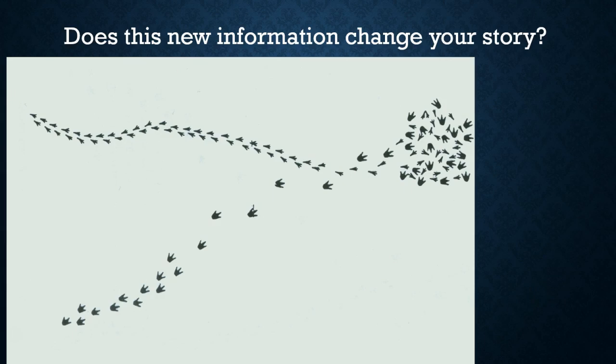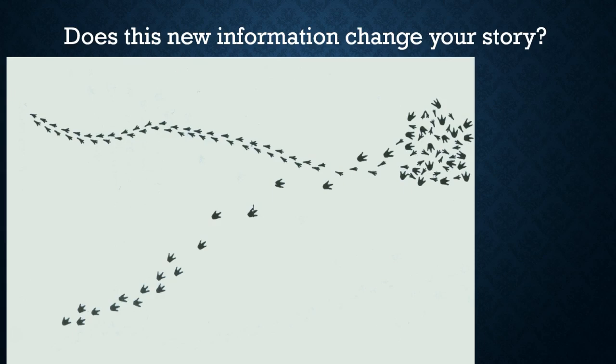Well, if we increase the amount of information we have, does the new information now change our story? Look at the way the picture has changed, and it looks like all of these tracks converge in one place. That's an observation that we make, and they're all mixed together. Could be coincidence, could be not a coincidence. Notice the bigger ones' tracks start to speed up, as do the smaller ones, it looks like. So what would we say happened now? What does it look like? Do we have a little bit more information to be able to conclude something about the timing of this event? What do you think is going on?